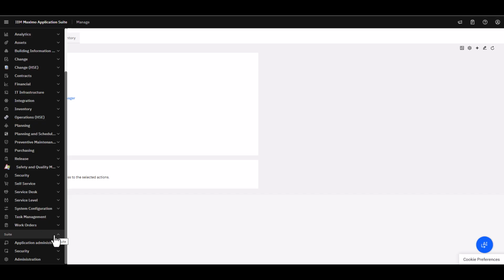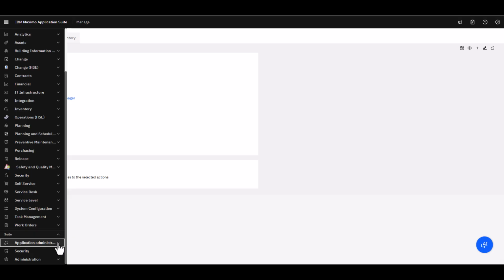We see a new section, or a new module, if you will, called Suite. So make a note that these are the Application Suite level administrative or configuration applications that MAXADMIN now has